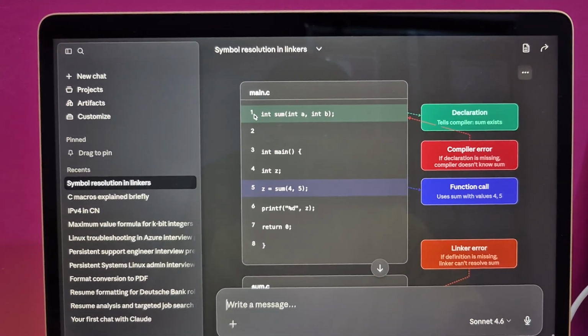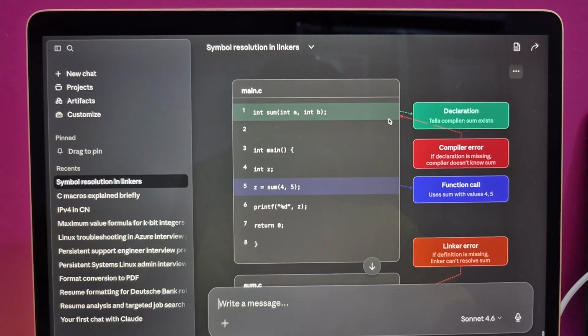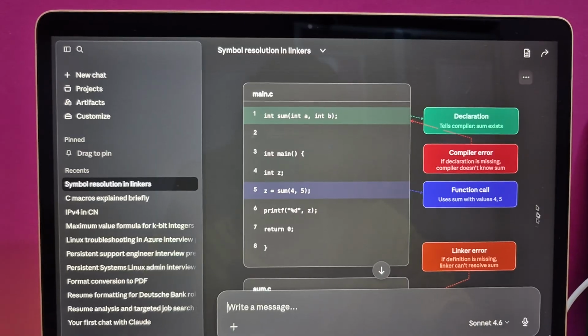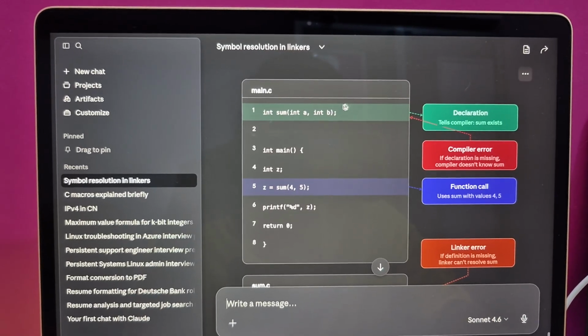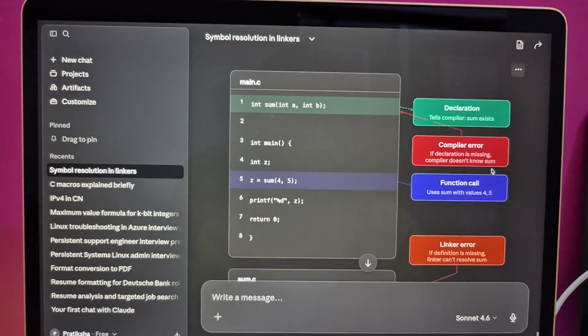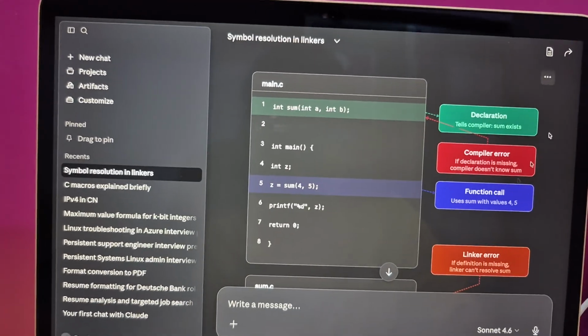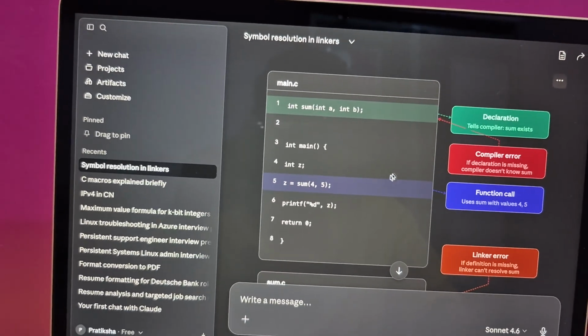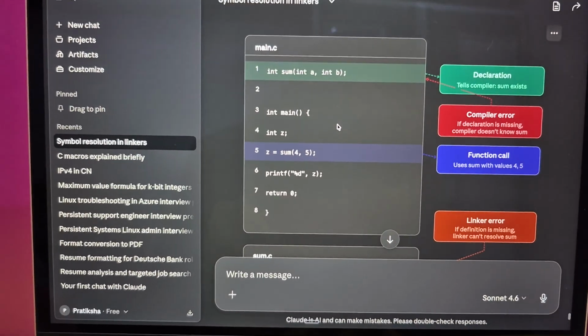This is called a declaration because we are just declaring this, and the compiler scans from top to bottom. This is to tell the compiler that some function exists in the program. So when it scans and goes to line 5 to call some function,